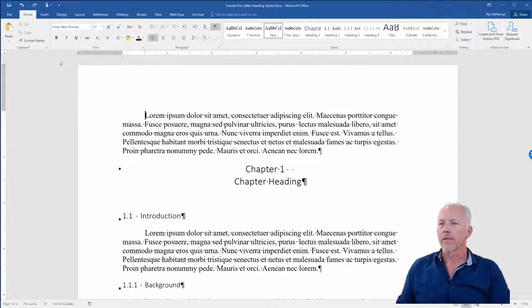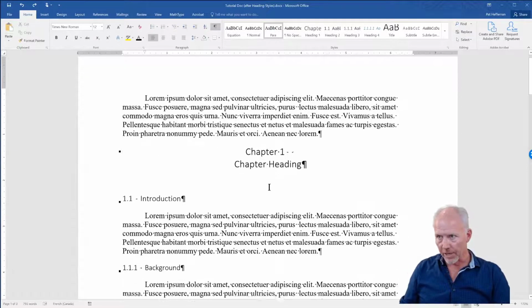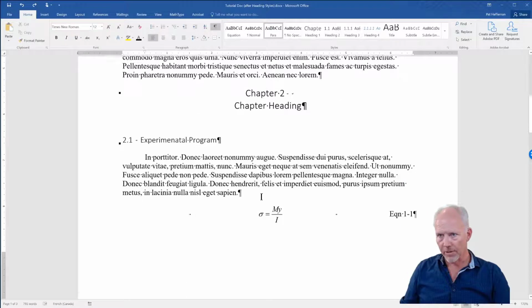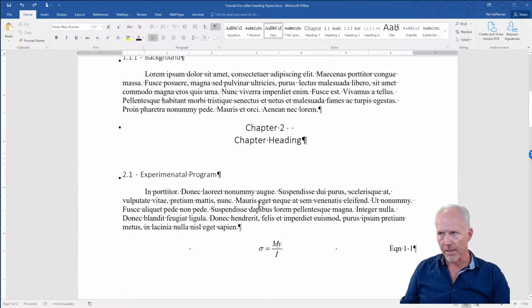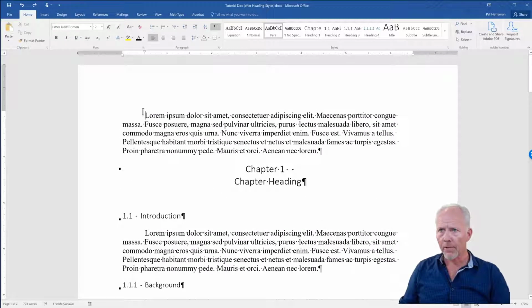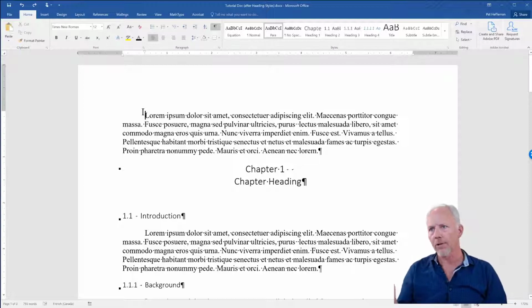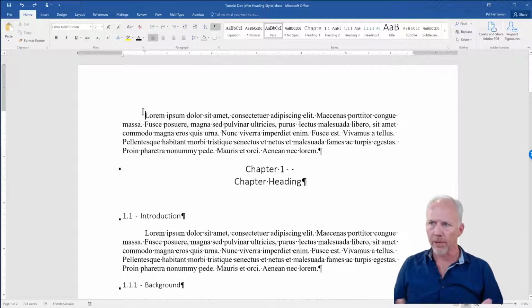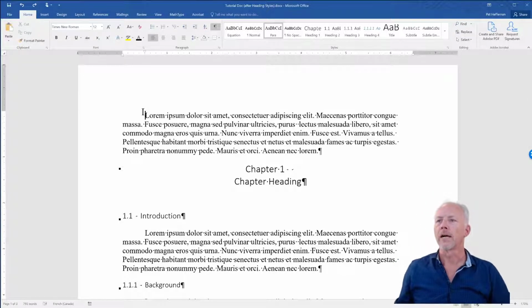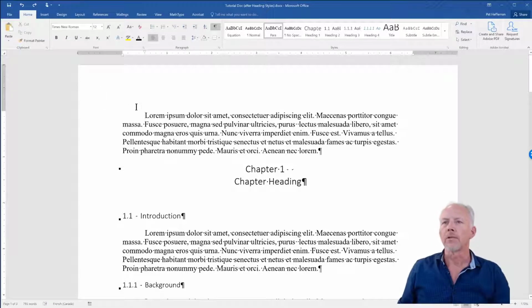Okay, so we're back into our document. Everything is still as we left it. We've got a couple chapters in here with a bunch of headings laid out. And what I want to do is put in a table of contents. The table of contents normally comes ahead of chapter 1 and is part of the format of your report. And so we're just going to go right up to the beginning of the document and we're going to put